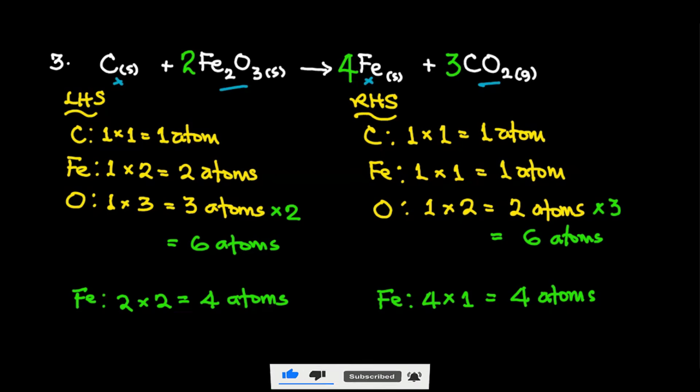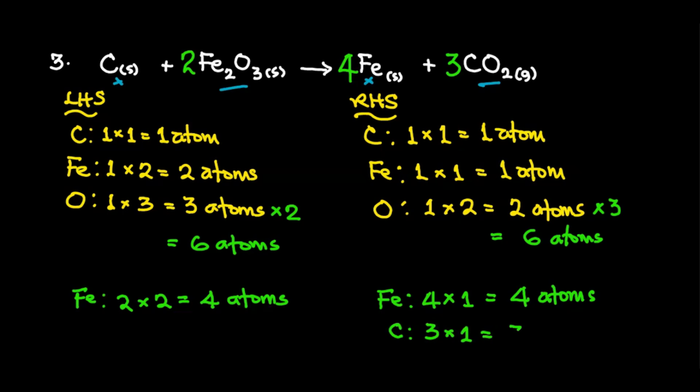By balancing oxygen here, carbon was what? Unbalanced. Is it not? So carbon here is now 3, right? While carbon here is what? 1. So what should we do? If we balance, this carbon here is 3 times 1, giving us what? 3 atoms. Whereas here it is what? 1. So what can we do to this? We can multiply this carbon what? By 3. So that will now give us what? 3 times 1, which will make it also what? 3